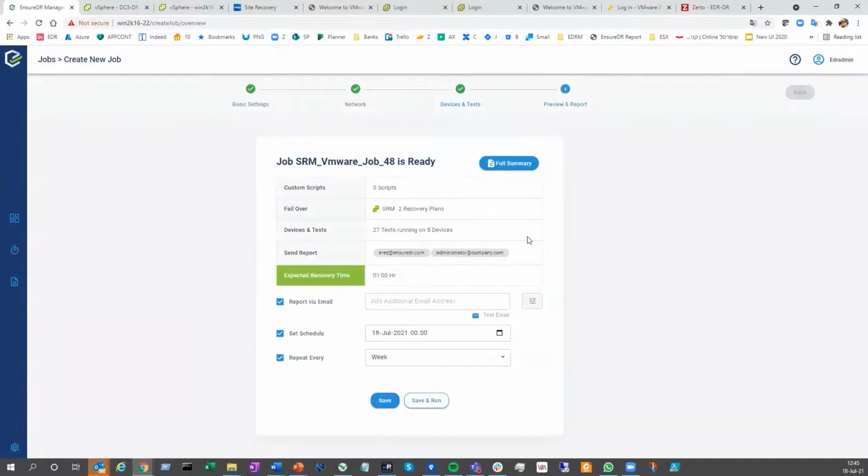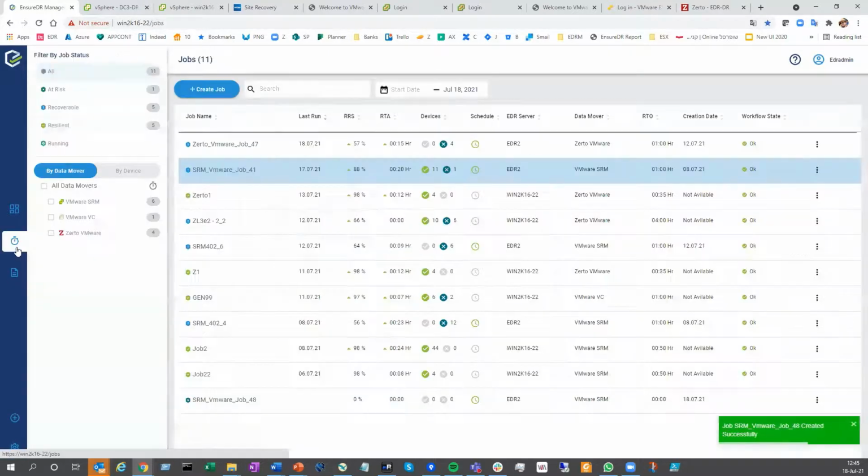Now, when I hit next, I can see my summary. I chose to test my SRM, 2 recovery plans, 27 tests on 5 different devices. I can see that I've got my email already set up, where I will get the report. And I can also set up my schedule, which will run this test automatically, fail over the environment, test the environment, clean up, and then generate a report. So I can just save it. And when I go back to the test over here,